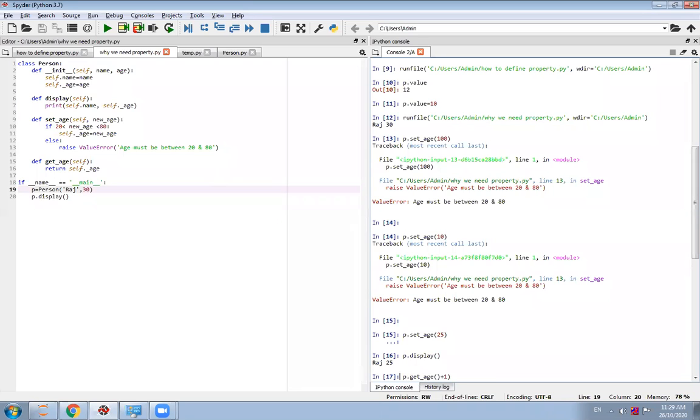But you can't increase it by 1 that way. To increase it by 1, we have to set the age, right? We have to set the age.